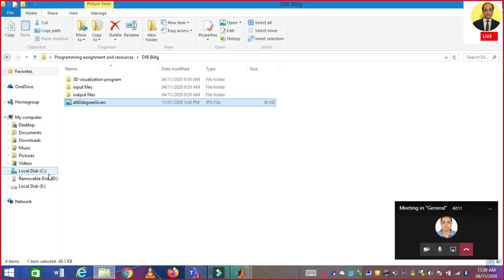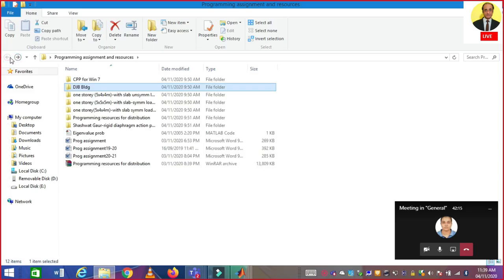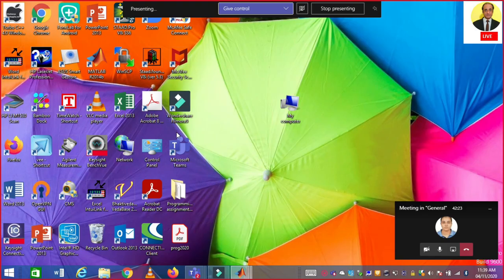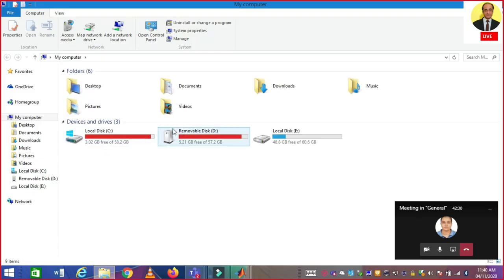Okay, so I think we had opened the wrong output file. Let me open again. I had by mistake opened the wrong output file. This is the forces file I had opened correctly. The displacement file, there was some problem, I think. I just go again to the